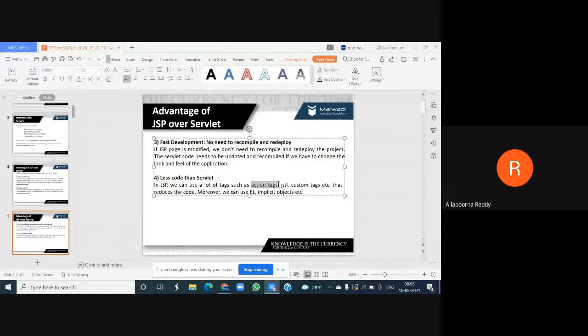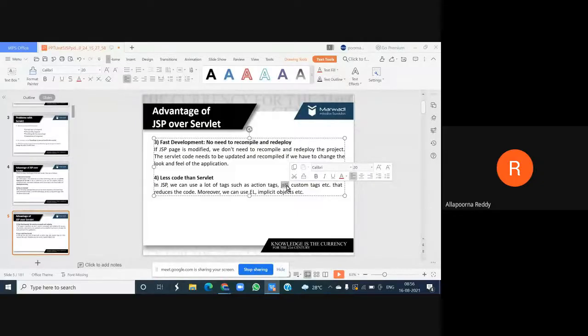What does JSTL stand for? Java Server Pages Standard Tag Libraries. We can use it, and we can define some customized tags, which reduces our code.